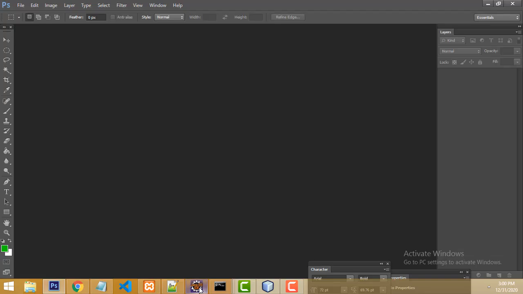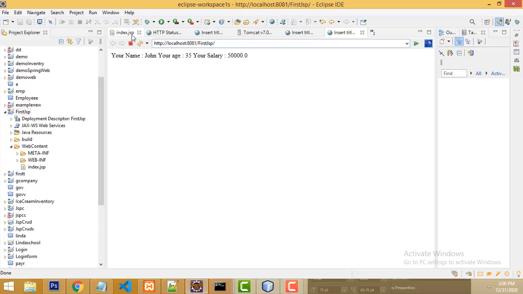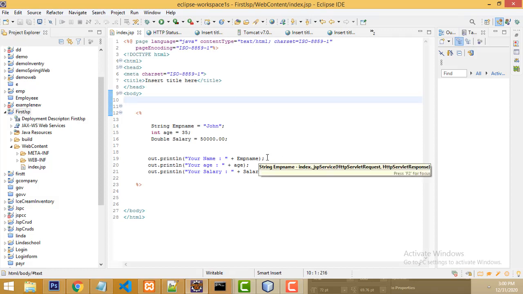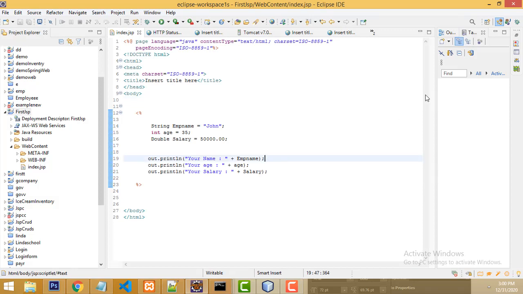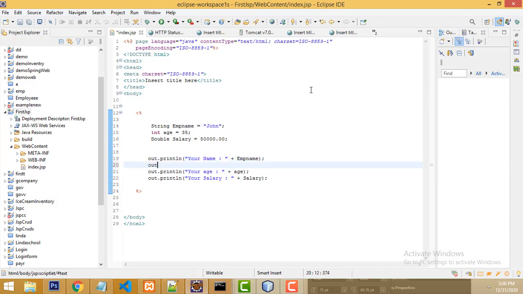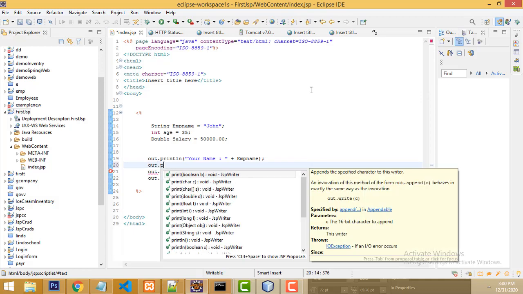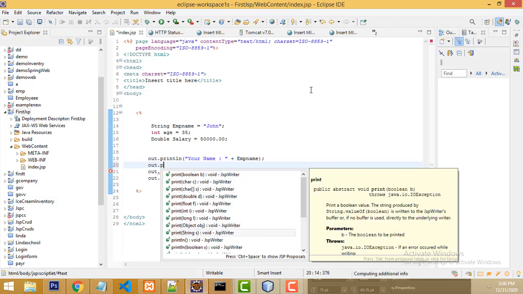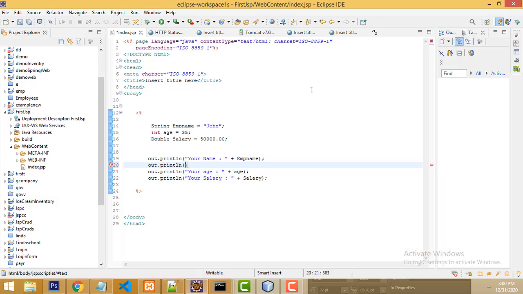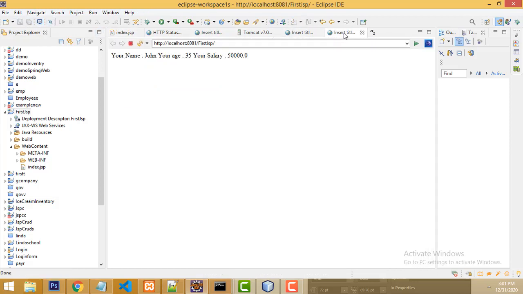Now if you want to move to the next line, what are you going to do here? You write out.println with a br tag over here, so it will come on the next line.